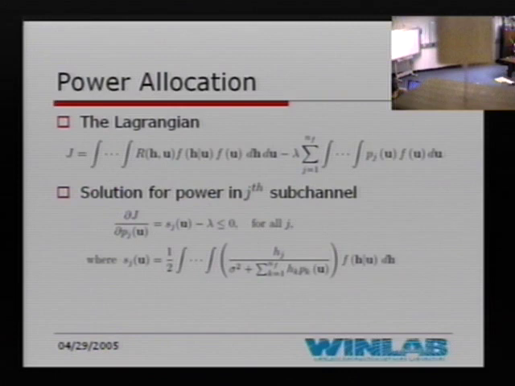There are some math details. If I just write down the Lagrangian and try to see what the solution is, I get these two equations, where this term I can call the effective value of the channel seen at subchannel j. The actual channel gain is just h of j, and this gives an indication of the effective channel seen at subcarrier j given channel state feedback u. That will become more clear in the later slides.